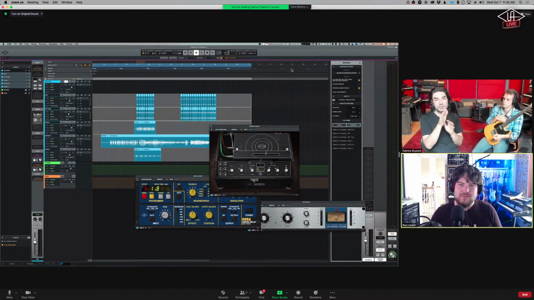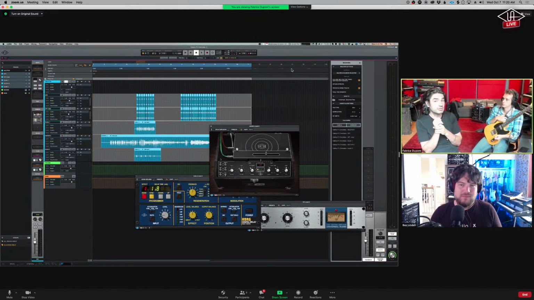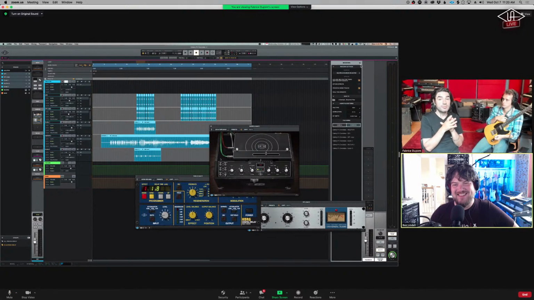And then once you work in the best environment, as you can see, all the levels here are extremely nice. Everybody is in a good place. And so that allows me to use the plugins at their sweet spot. That's really, really important, because the UAD plugins are very, very accurate models of the original, which means that the gain staging is also an accurate model of the original.